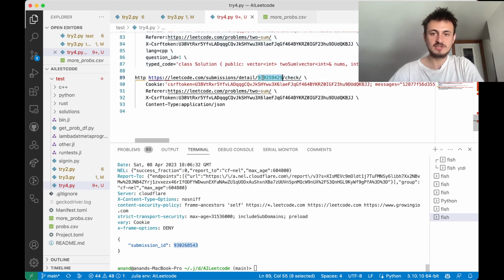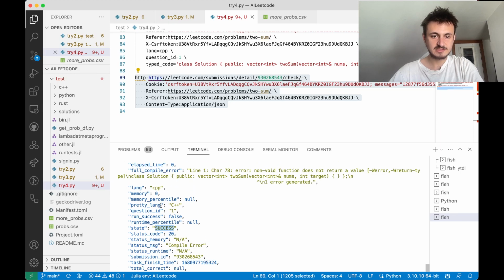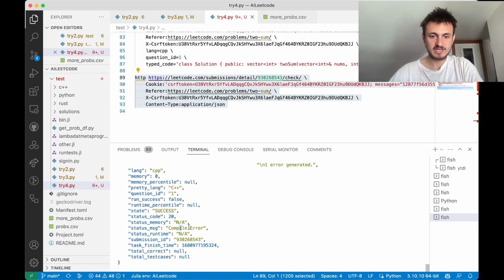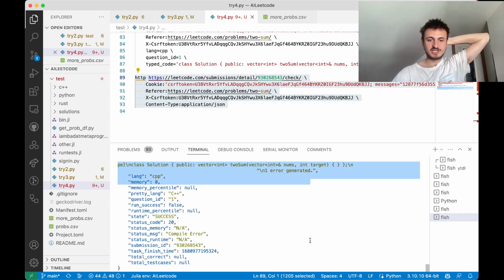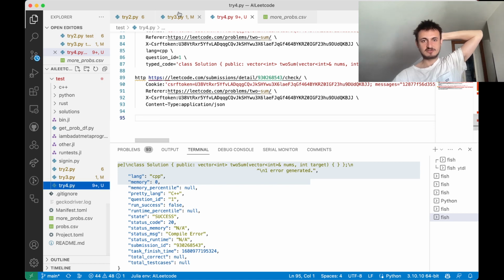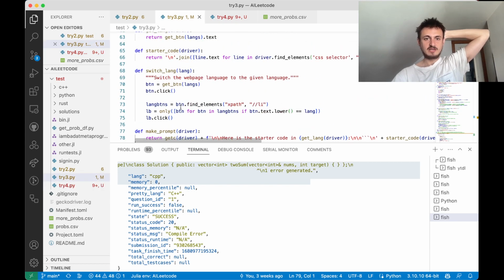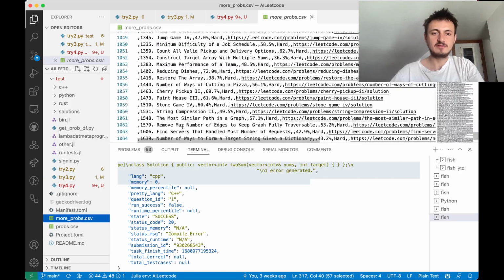And now if I go here and get the status of my submission, you'll see state success, compile error, full compile error. And so presumably I want to store all of this JSON. And so AI LeetCode 4, which is the fourth iteration of this whole thing, is going to be taking all of these 1,000 problems that I have,